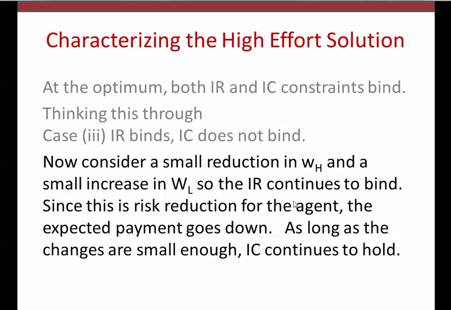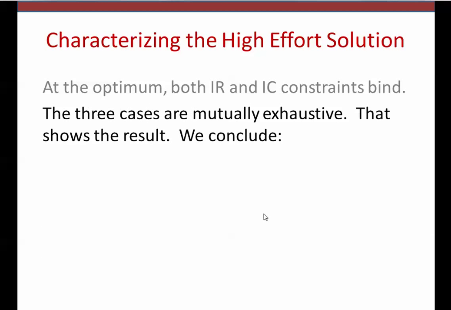This is a risk reduction for the agent, and so the expected payment goes down, which makes the principal happier. And as long as this is a small enough change, IC continues to hold. So again, that improves over the previous situation, which means the previous situation couldn't have been optimal. So we now have at the optimum both constraints bind,